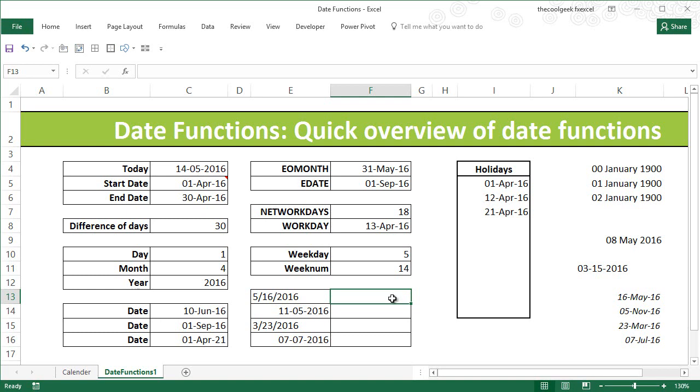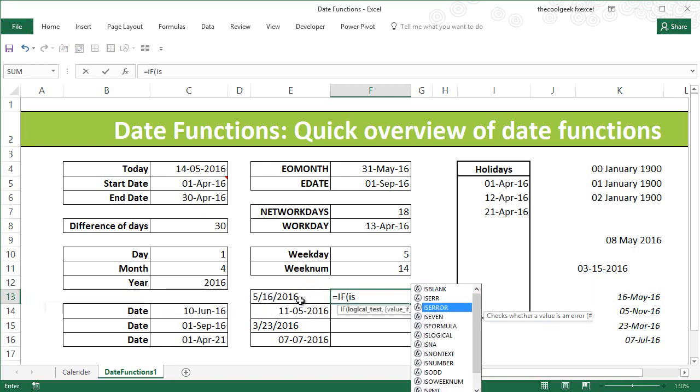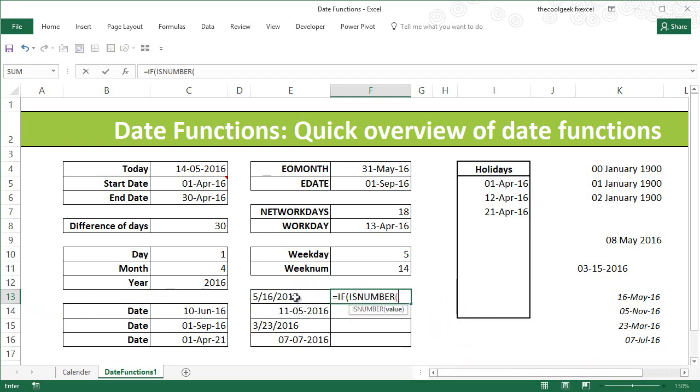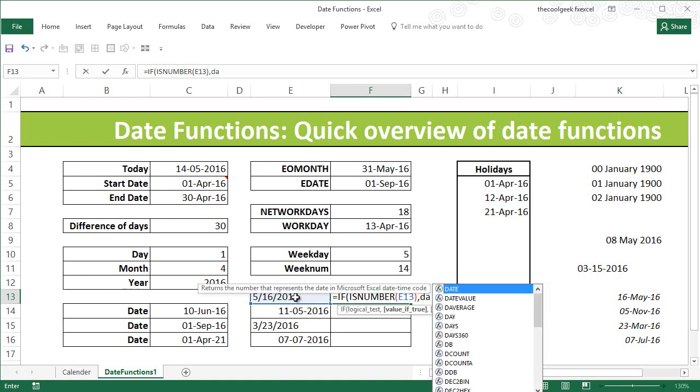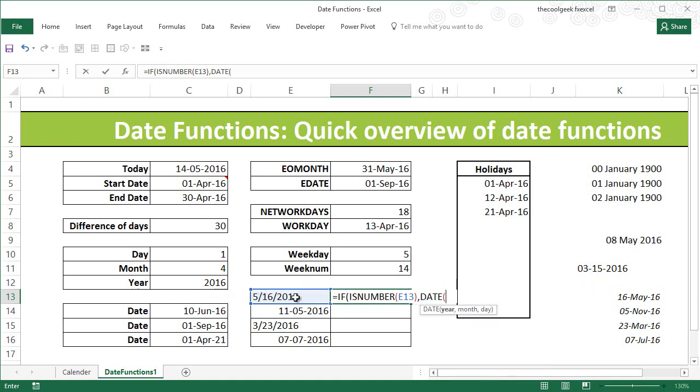First we identify the cases. If it is a number, we'll tackle it differently. If it is a string, we'll tackle it differently. So let's bring in that check. If the value that I have here is a number, then I'm going to tackle it using date functions and month and day. For year, I'll just get the year out of it. Now from this I want month to be day and day to be month.